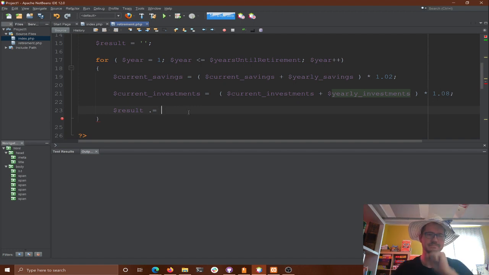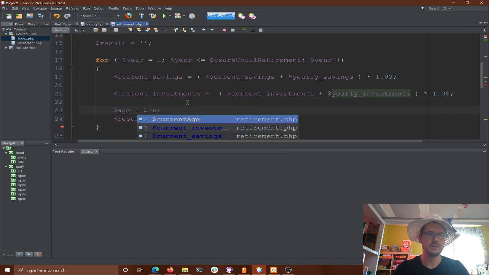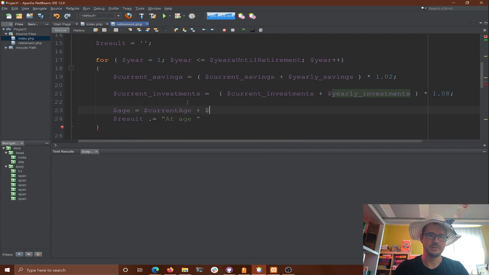Okay. So we're going to take, hey, we'll say at age, and then I'm going to take their current age plus year. I think I can do that. Oh, no, I don't think I can. Not inside the interpolation. That's all right. So then we'll say age is current age plus the year. Okay.